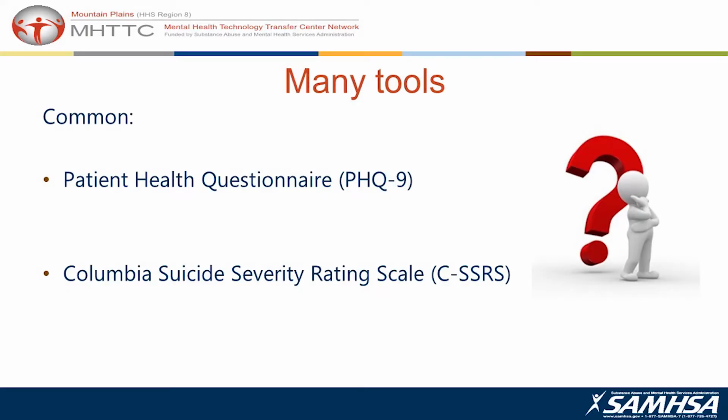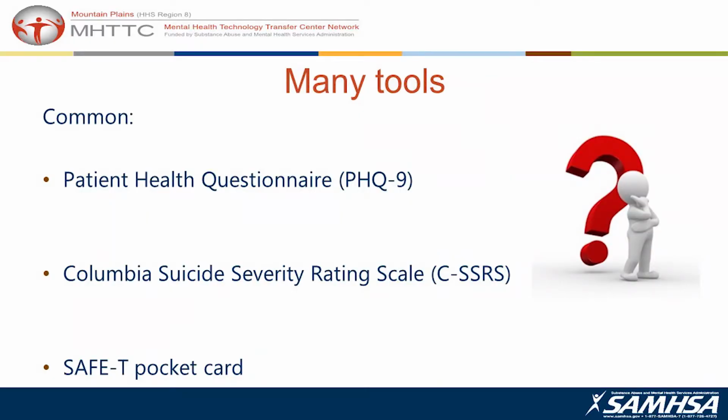There's the Columbia Suicide Severity Rating Scale, which we'll talk a bit about, that's gotten to be much more common in terms of asking about those issues, not just within the medical or allied health field, but actually out in the field. And so we'll talk about a particular website that has versions for just about everybody who comes across someone who might be distraught or at risk. And then the safety pocket card, and I think you've got that, actually, was one of the handouts.